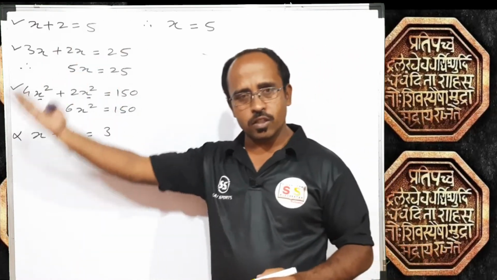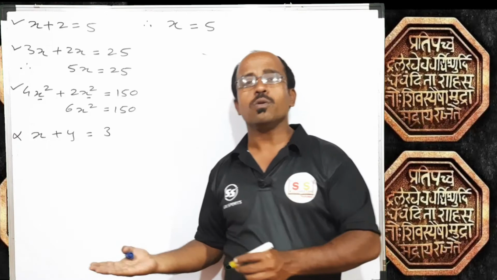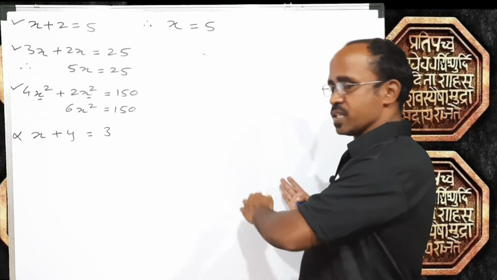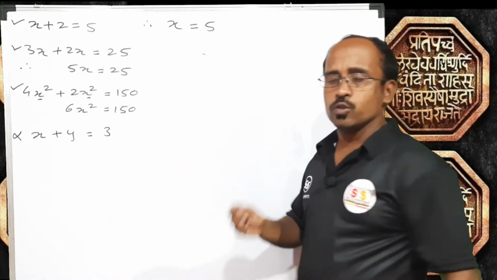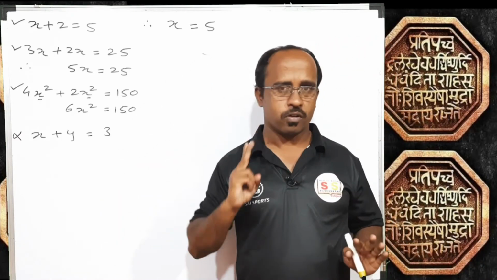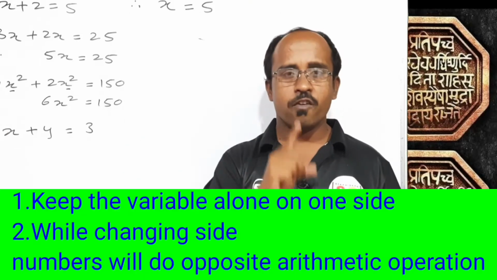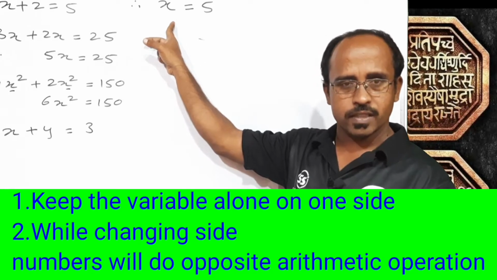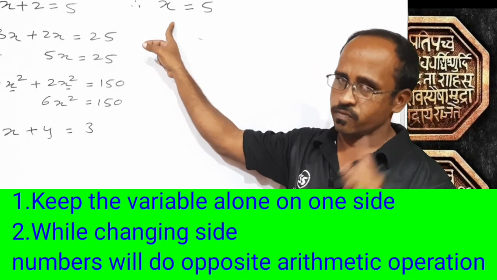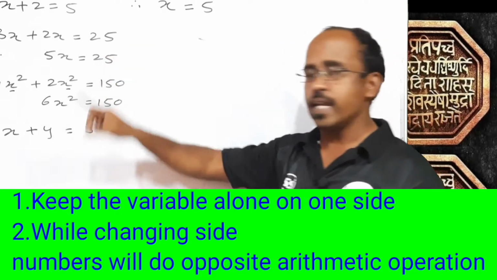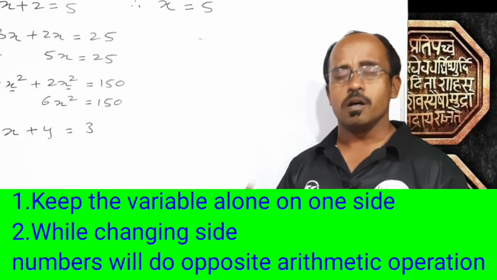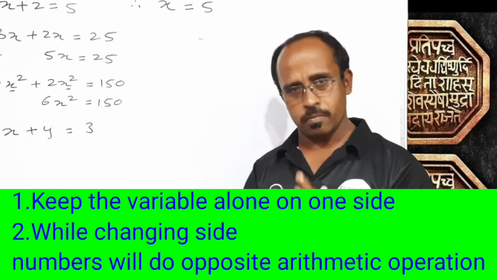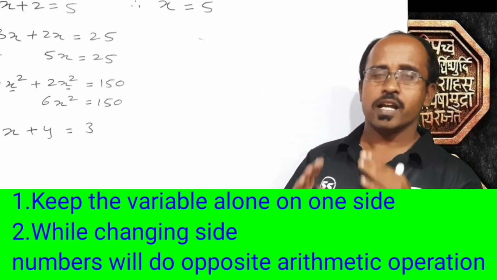If it is doing division on the left hand side, it will do multiplication after changing the side. And the same is the case while changing the side from right to left. So please remember these two most important things while solving such problems. First thing, we have to keep the variable alone on any one side, either left or right. Second thing, whenever a number, a term or a variable changes side, it will do